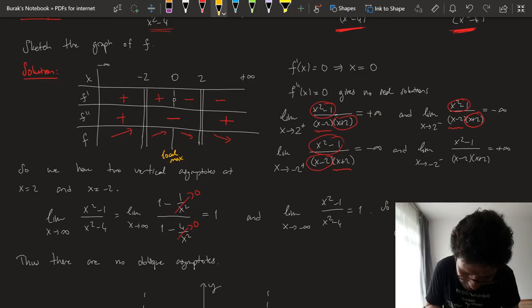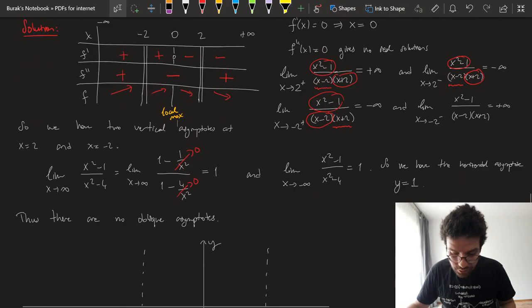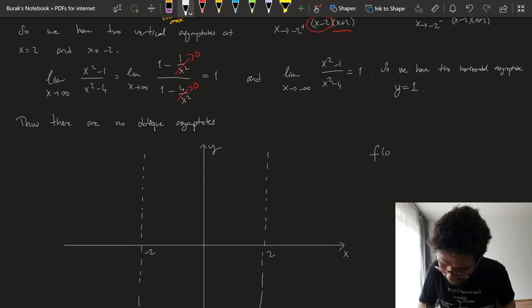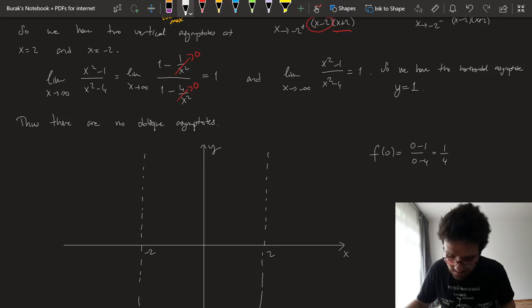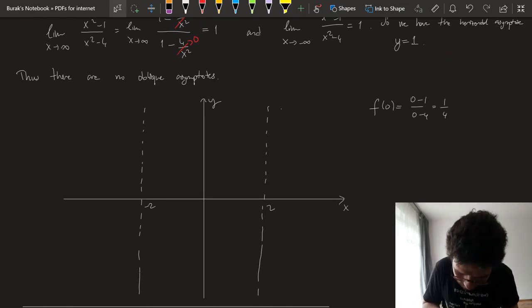Local maximum at 0. What's the value of this function at 0? Okay, I'm going to start sketching, so I need to have some sample points. So f of 0 is 0 minus 1 divided by 0 minus 4, so it's 1 over 4. Okay, so at 0 I'm over here at 1 over 4,